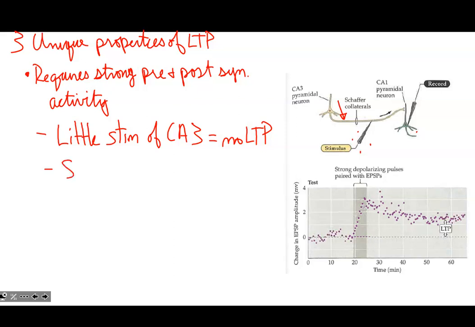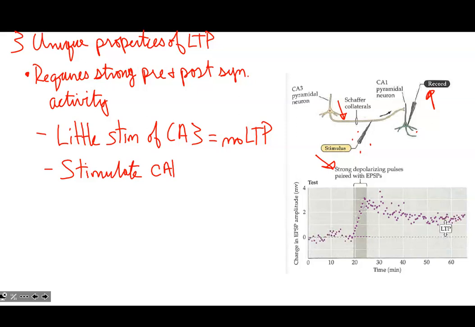So now they're going to stimulate CA1. So they're still going to give these individual depolarizing pulses here, but paired with EPSPs that they can also generate from this recording electrode here. Okay? And doing that